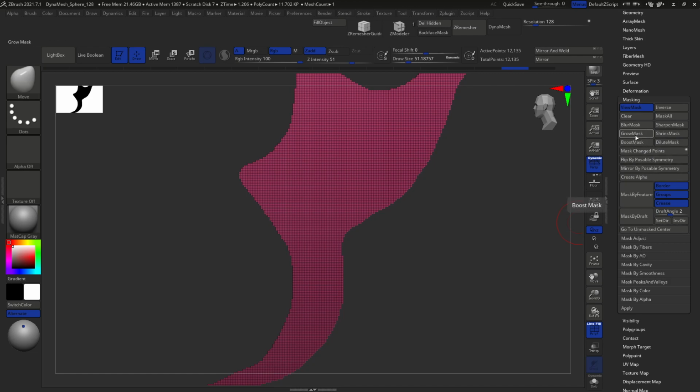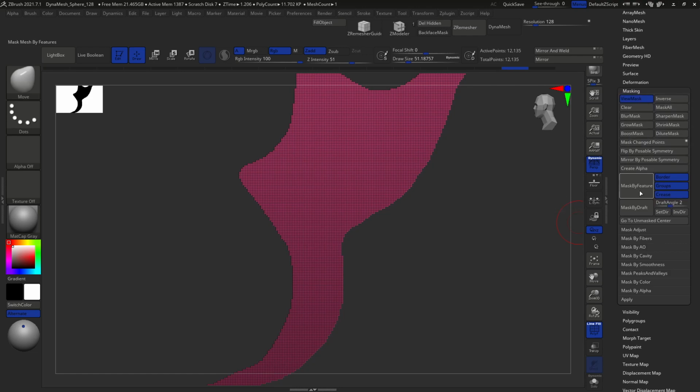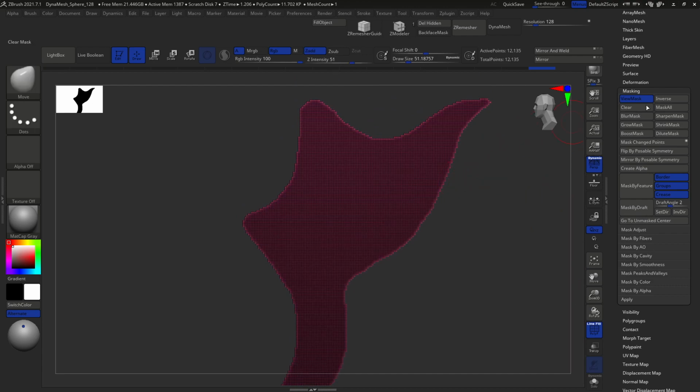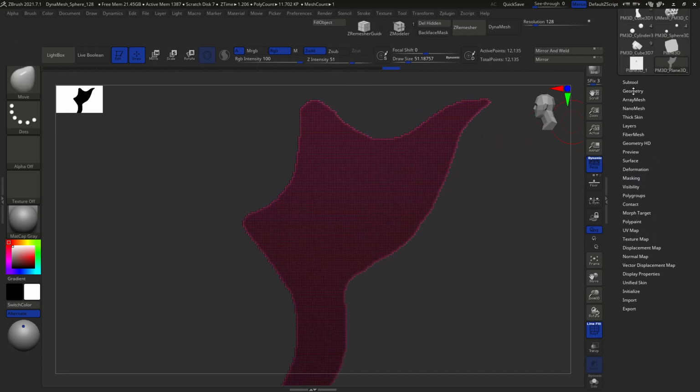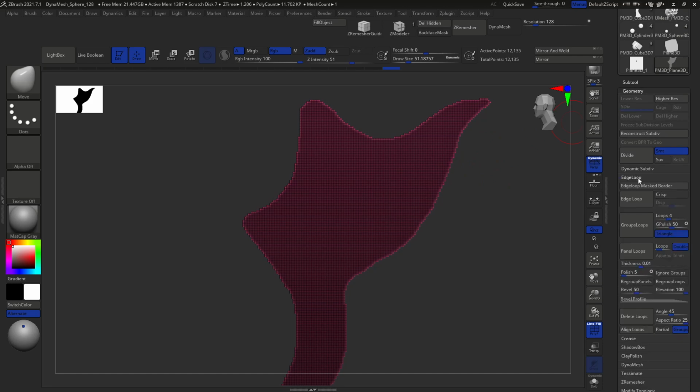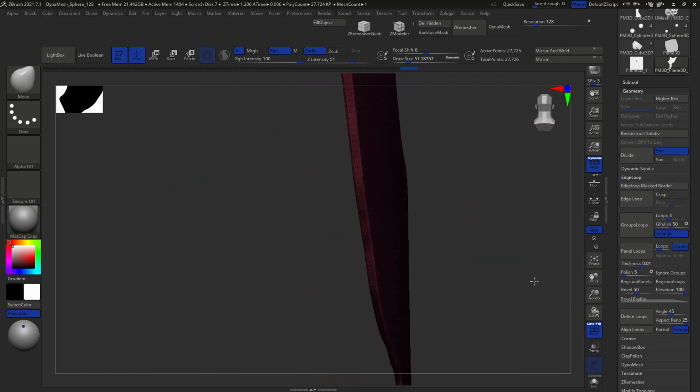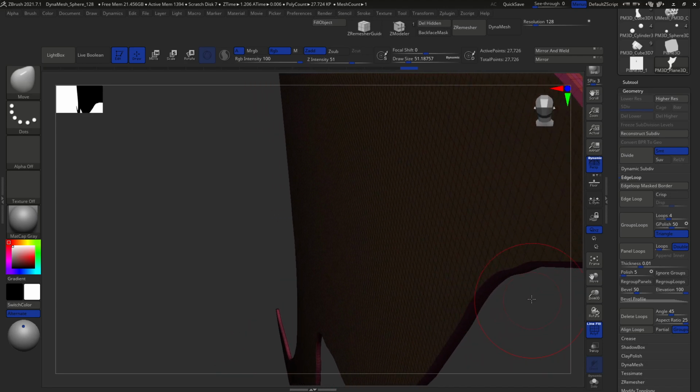Max feature, mask. Okay, mask by feature border. So now you can see that the border has been masked. I'm gonna hit Control click to move this around, and then we're gonna go into geometry, and we're gonna say edge loop, and we're gonna say panel loop. And what that will do, as you can see, it just created a panel loop on the border,